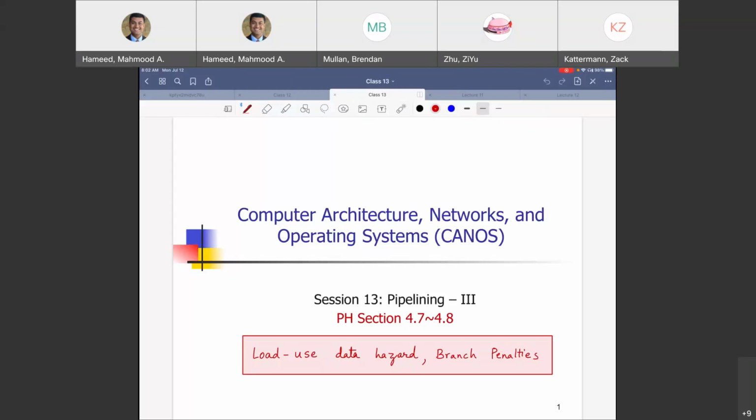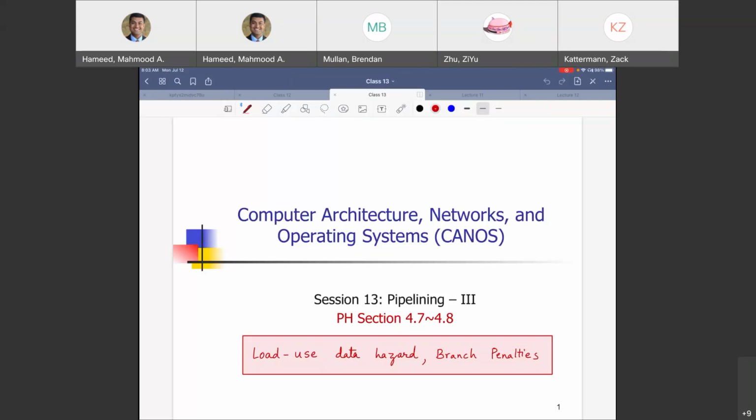So we implemented a solution. There was a lazy solution with the NOPs, the no operations. The good solution, the more elegant solution, was register forwarding. So we did a XMEM register forwarding to solve the problem for the immediately next instruction after we do the write. And then we did the MEM write back forwarding to solve the data hazard 2 instructions down from the instruction that we were writing. So that's where we were. That's where we ended things before the break.